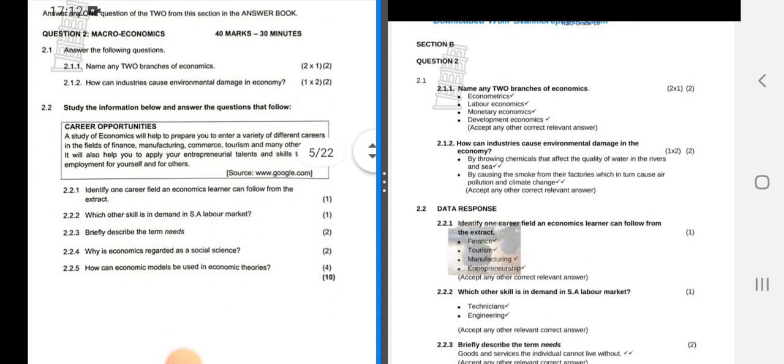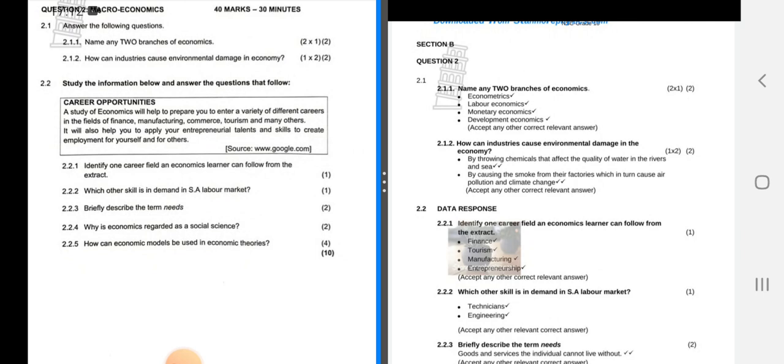Now 2.2 says study the information below and answer the questions that follow. So this is a scenario. The heading says career opportunities. So a study of economics helps to prepare you to enter a variety of different careers in the field of finance, manufacturing, commerce, tourism, and many others. It will also help you to apply entrepreneurial talent and skills to create employment for yourself and others. So that is the scenario. Source was